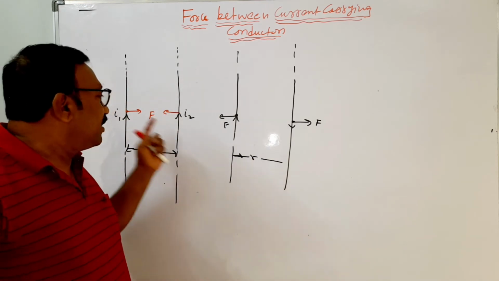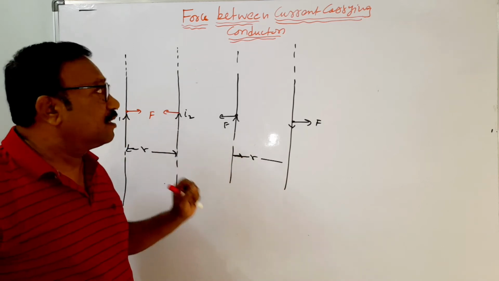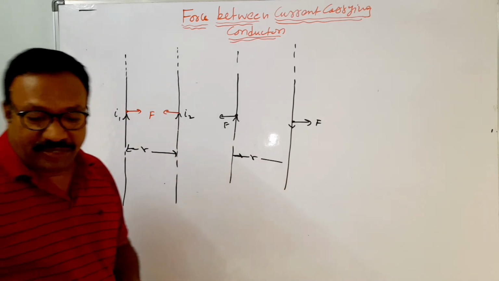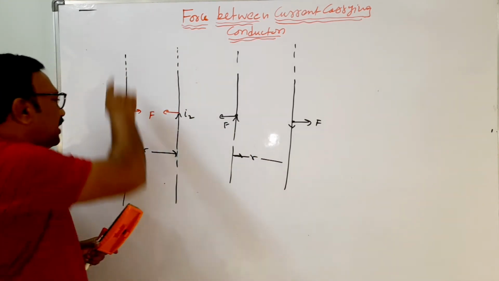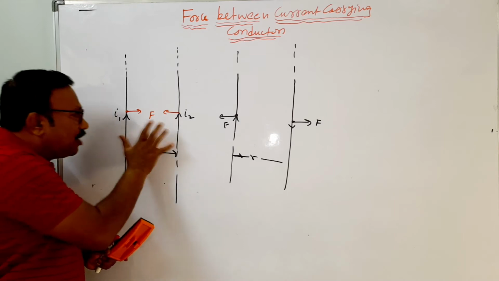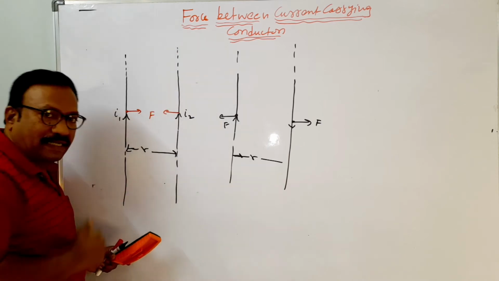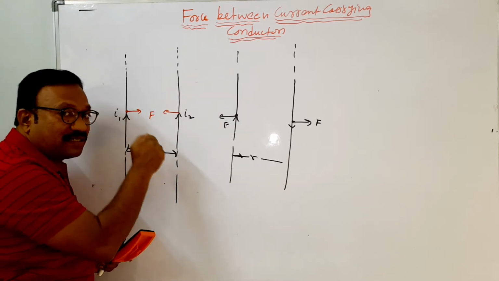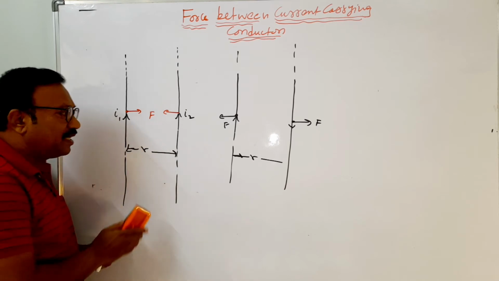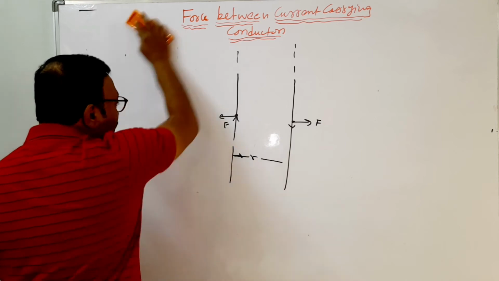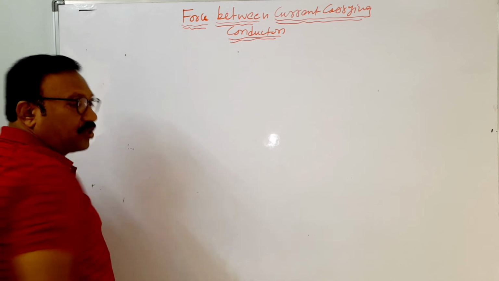So we will be calculating this force of attraction or repulsion between the current carrying conductors using the basic laws which I told you now. So how will you derive this? First we will take one conductor and we'll see how much magnetic field it is producing surrounding it. And in that magnetic field we will keep the second conductor. Then the second conductor will experience the force because it is kept in magnetic field. And applying Fleming's left-hand rule, we will be deciding its direction, and we will be calculating the force also and direction of force also.